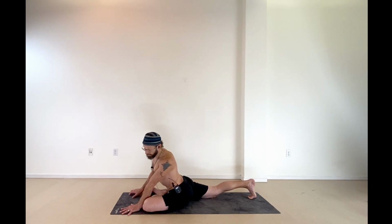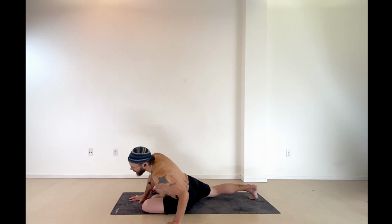All right, now here again, if your hands are forward, walk them back in. When the hands are close enough, lower yourself to the left hip. Swing your right leg forward, and let's find Janu Shirshasana on this side. So the right leg's extended, the left knee's bent, so the left foot to the inner right thigh, and again,